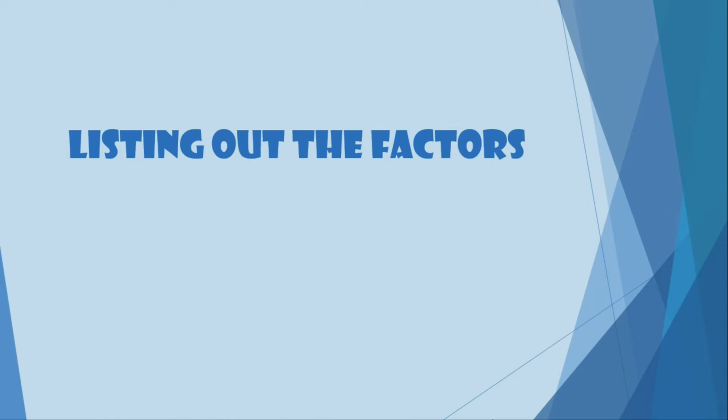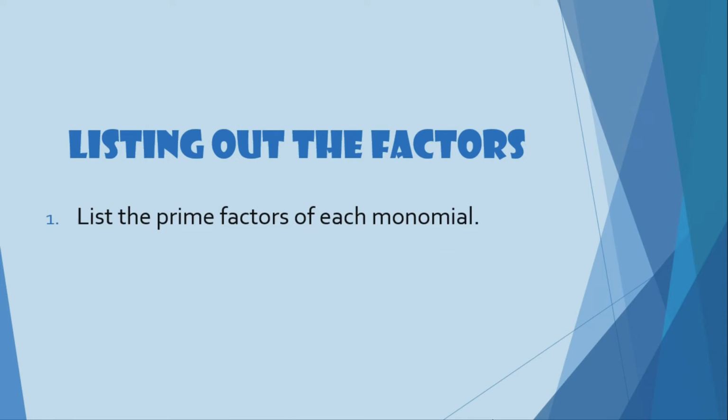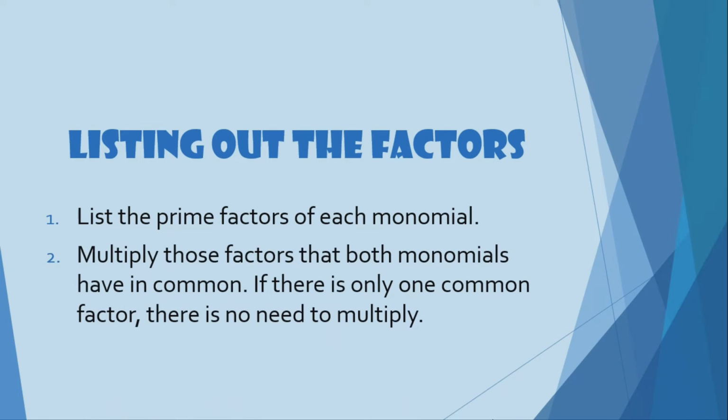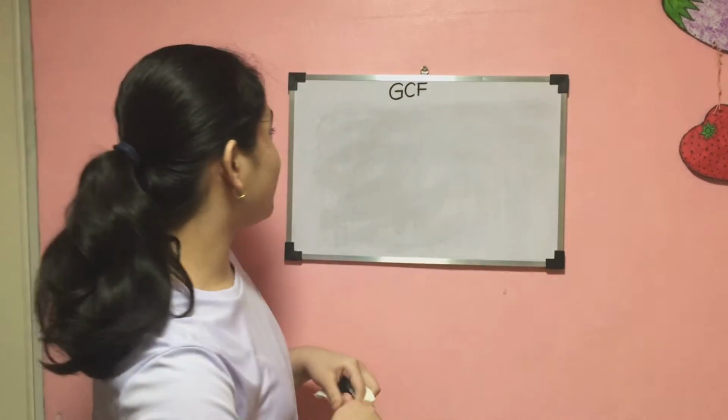First thing that you need to do is list the prime factors of each monomial. Then multiply those factors that both monomials have in common. If there is only one common factor, there is no need to multiply. For example,